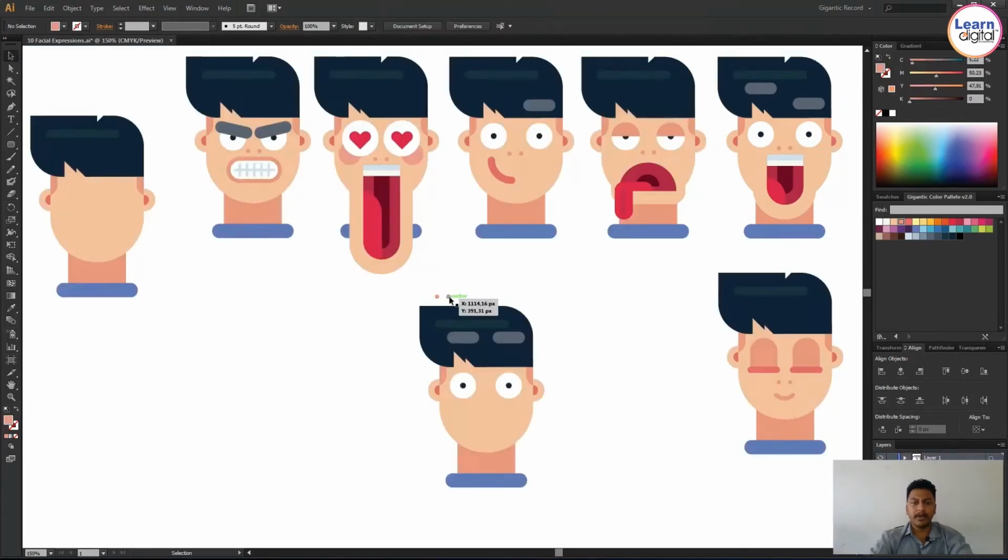Moreover, you can observe I'm creating everything in a front angle. If you want to create anything in a side angle, you will get a lot more references. You can use a side angle and create facial expressions in a different perspective.